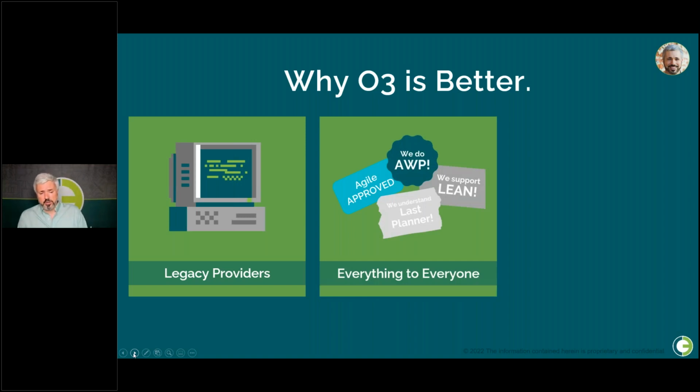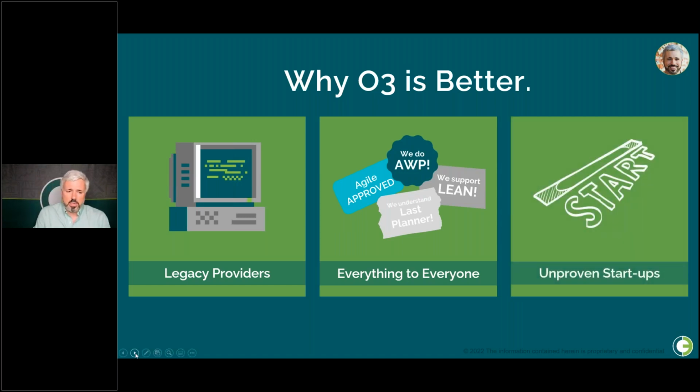And there are some other folks out there who weren't built around AWP, but then they see AWP as being an area where the market is moving, and so they slap an AWP sticker on their solution. What makes O3 different is that we were the first solution to recognize that a complete project solution of AWP across that project lifecycle is where the market's going, and the first ones to build that out. And then the last is there are some startups and vaporware providers that are emerging that have seen the success that O3 has had in this, and that's another area where, as a proven technology that's actually been deployed across the globe, O3 has an advantage.